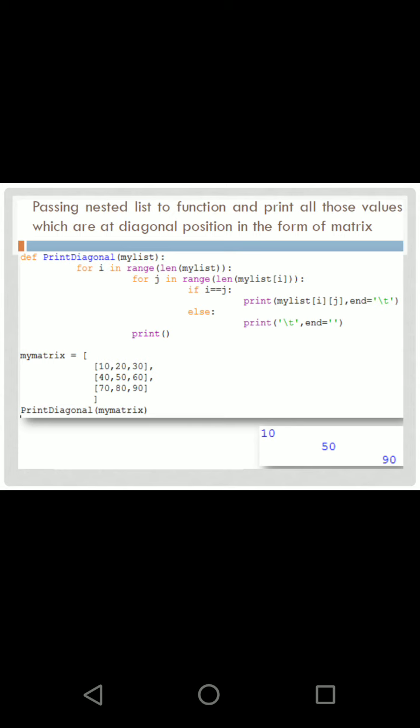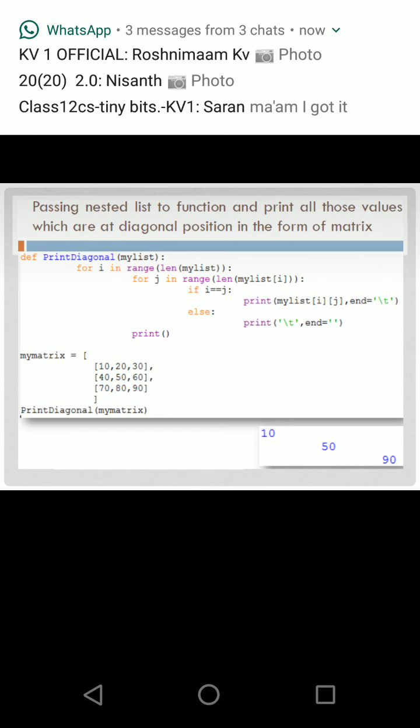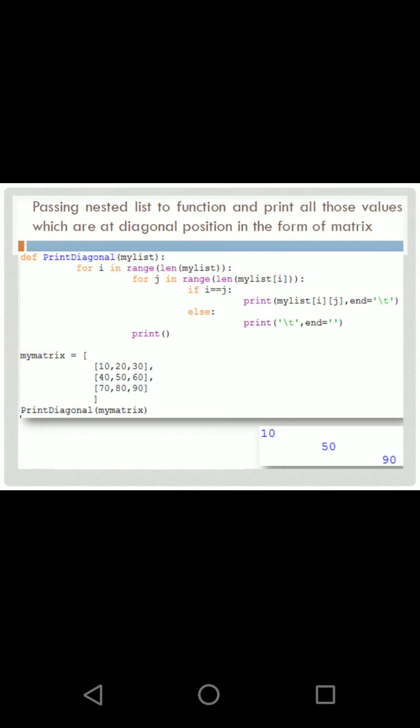So i inside the function represents the rows, and j represents the columns. And when i and j become the same value, you can see that they are the diagonal elements. So it prints out the diagonal elements by checking i and j values. When i and j are equal, it becomes a diagonal value, and that value is printed.